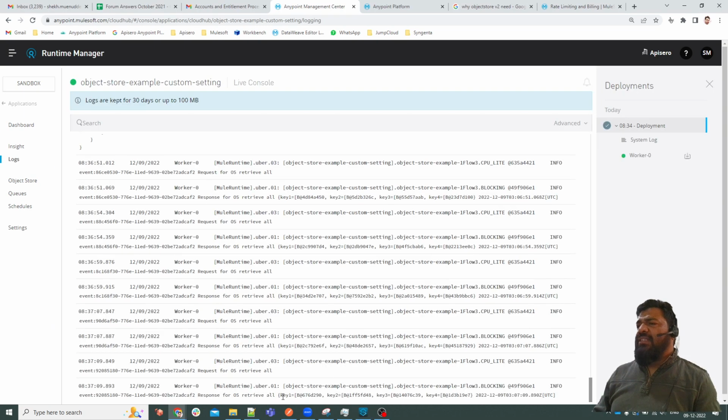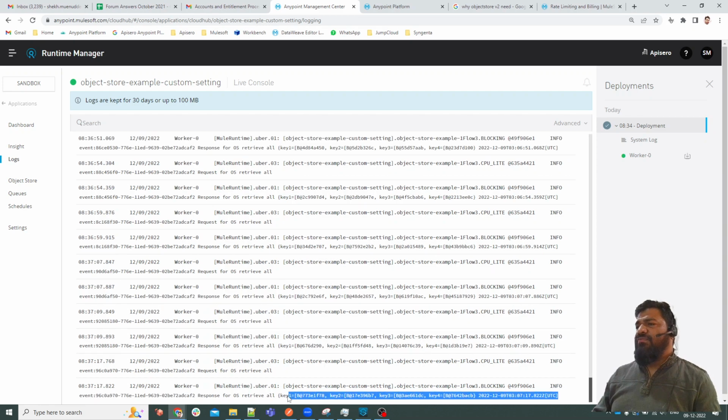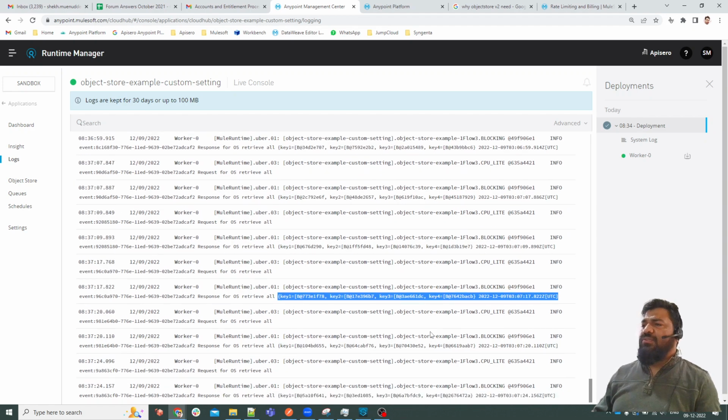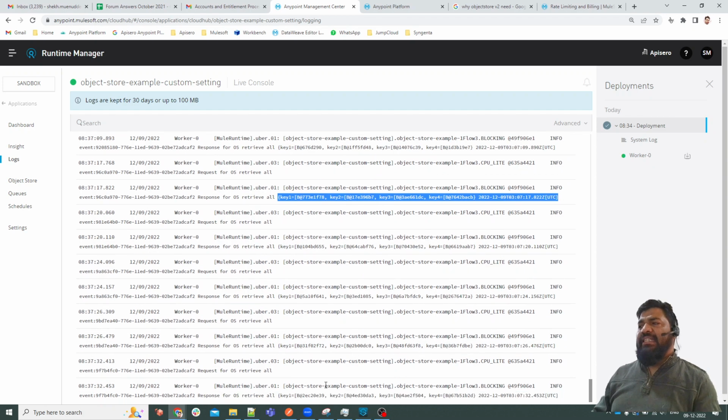Yep. So as you can see, key 1, key 2, key 3 will be coming. I will wait for a few seconds, 10 or 15 seconds, to show you that the max entry is ignored. Okay. So in case of CloudHub v2, if you're using CloudHub v2 in our CloudHub application, the max entry is ignored. Okay. So there is no size boundary